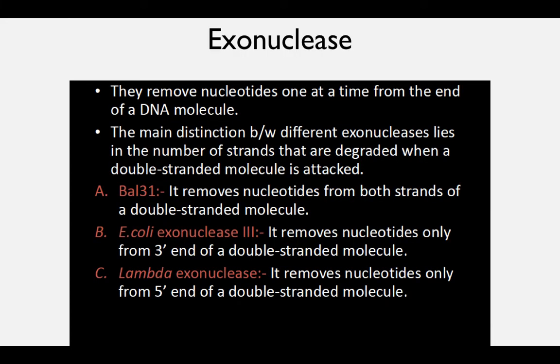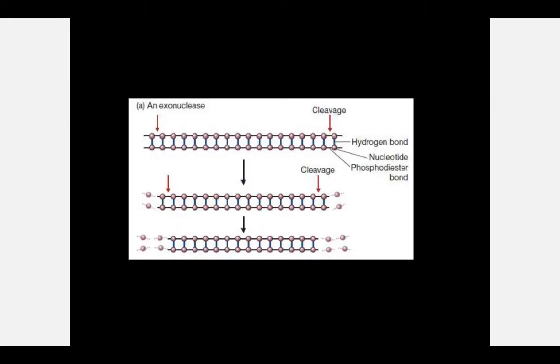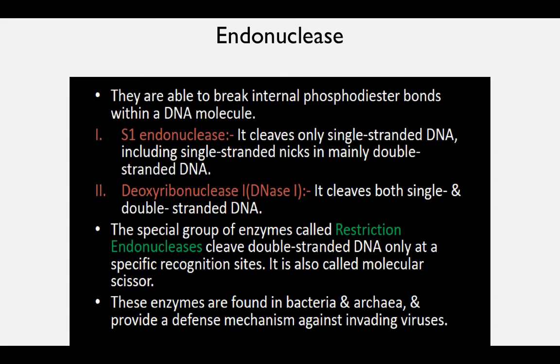Are you able to understand the word exo, everyone? The meaning is clear in your mind? Fine. So that is known as an exonuclease. That is one type of nuclease. Another type of nuclease is known as an endonuclease. Now that is completely opposite from the exo. So this is known as what? Endonuclease. Right? It is going to produce the cut inside.